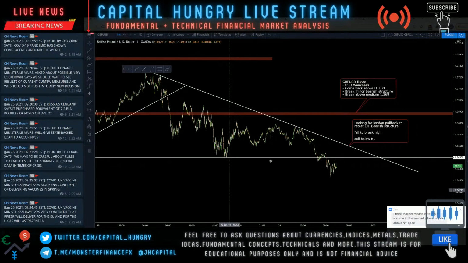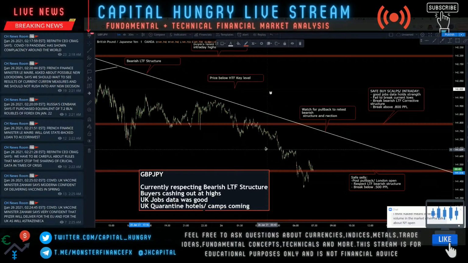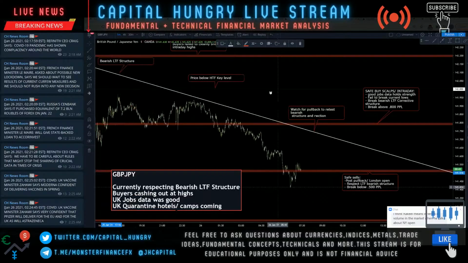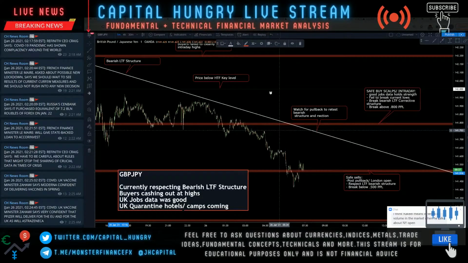Okay, so just to quickly summarize GU, as it is very similar to GJ as per the current price positioning, the strength between buyers and sellers, and the concept behind it of a risk currency against a safe haven currency. The safe haven currency over there is the Japanese yen. Here, it's the US dollar, but very similar structure, very similar lower time frame structure as well. Okay.